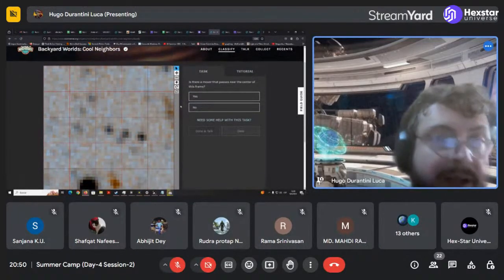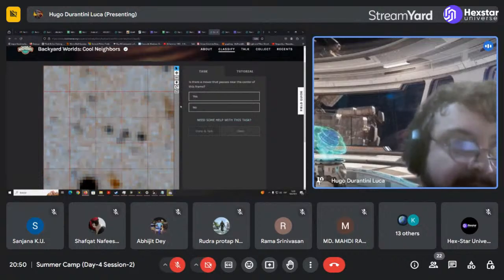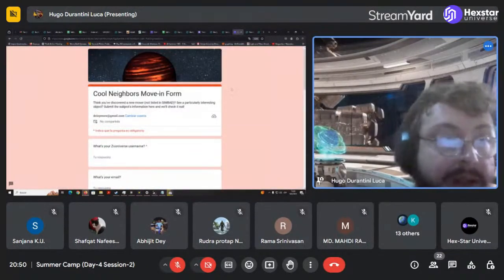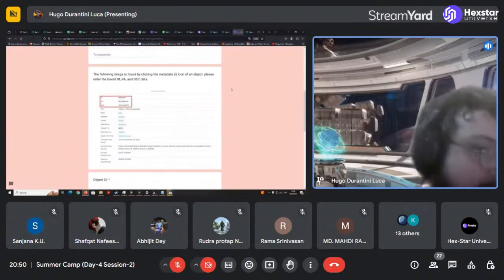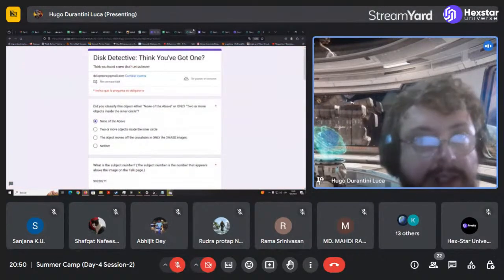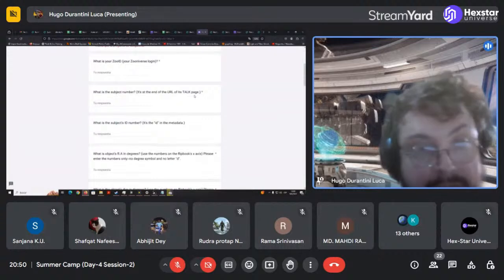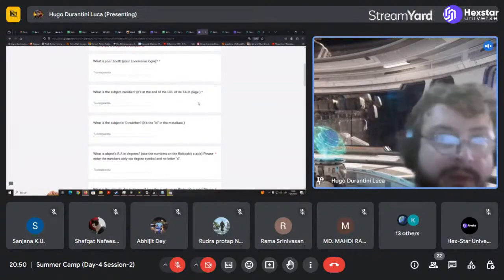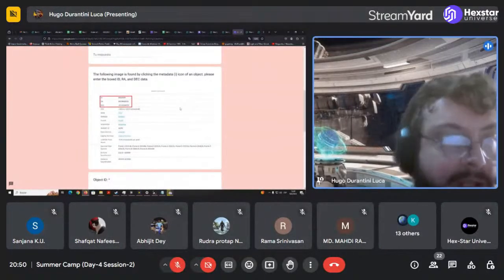Again, it's easier to test, at least for me, who has sight problems, compared with the other. In both projects, you are already contributing by classifying the data, but in both projects, you can send your more interesting discoveries with a form that is going to ask you different things, of course, because Disk Detective is one thing, Cool Neighbors is another thing, and Backyard Worlds is another thing. So this section is going to need you to be a bit familiar with the different pages and what the data is going to tell you.